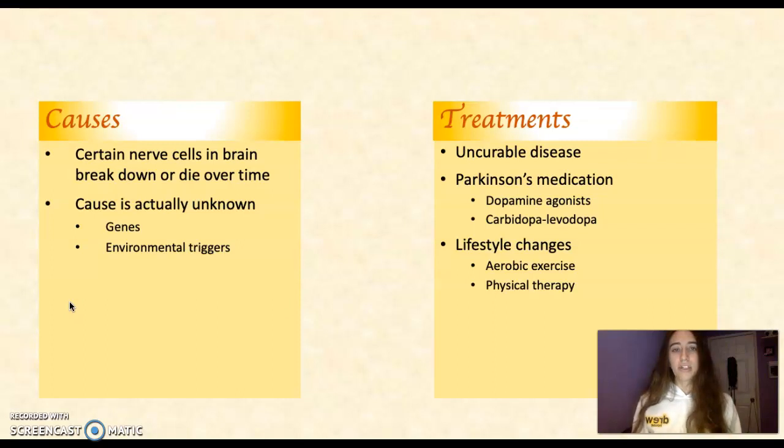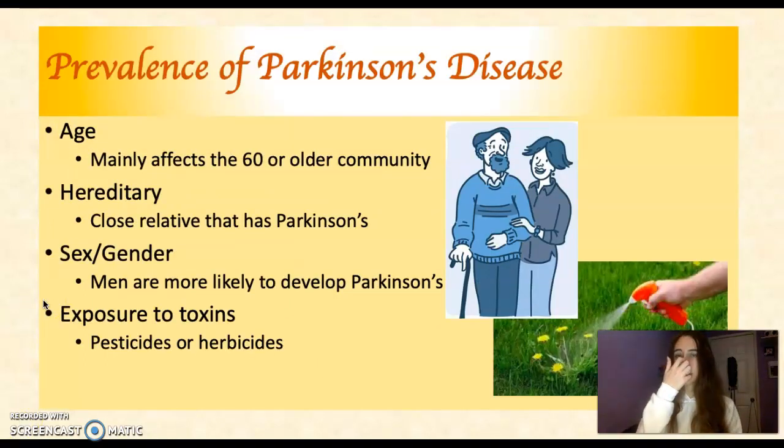And then they'll also give you lifestyle changes. They'll have you do aerobic exercise to help with balancing and stretching out your muscles, and physical therapy, which ultimately does the same thing. The prevalence of Parkinson's, age: it mainly affects the 60 or older